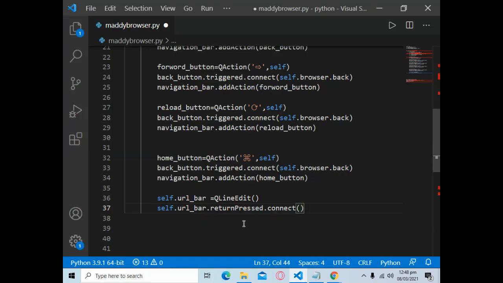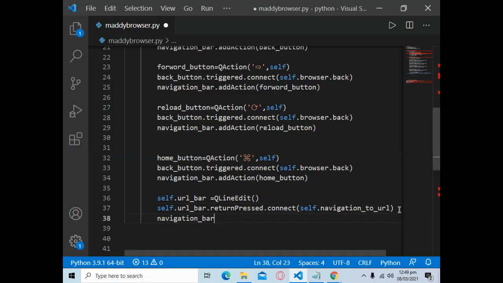So simply make parentheses and in the parentheses write self.navigation_to_url. Then hit enter, then write navigation_bar.addWidget, parentheses, and write self.url_bar. Simply hit enter.